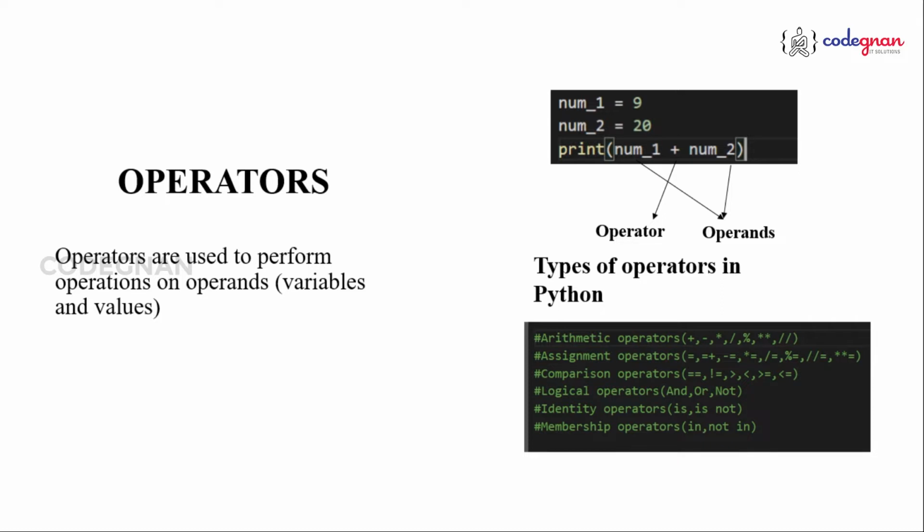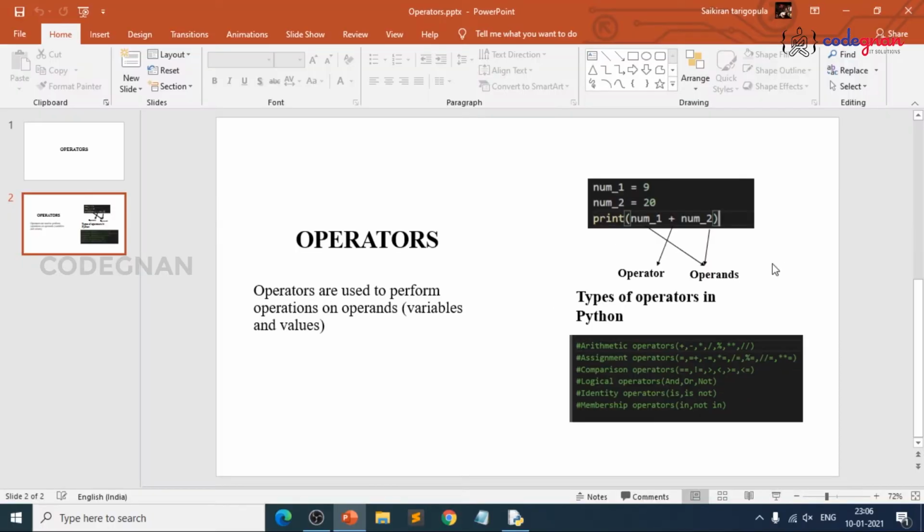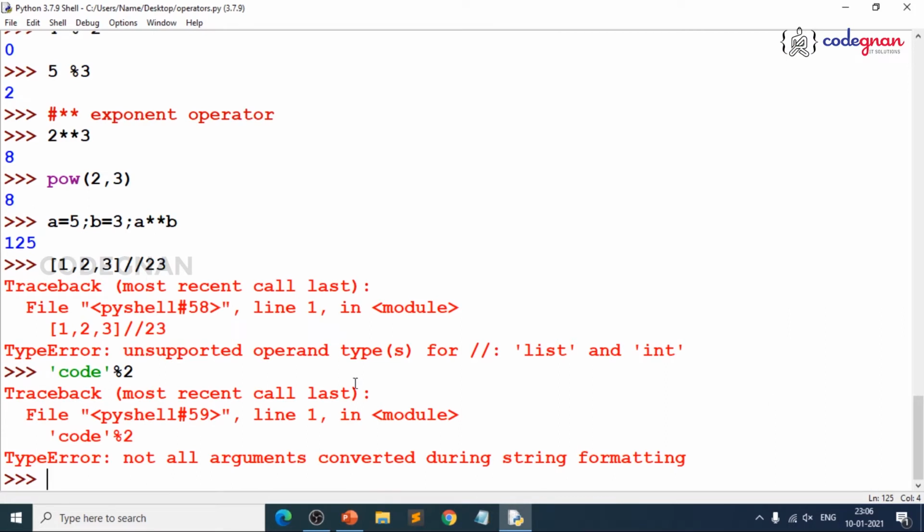The name itself says you are trying to assign some value, where you try to store the right side value into the left side variable. Like you have assignment, where you include addition assignment, subtraction assignment, multiplication assignment, division, modulus, exponent, and you have flooring, which is nothing but floor division assignment, right? So let's understand everything in detail by implementing it on our Python interpreter. Let's start with the first one.